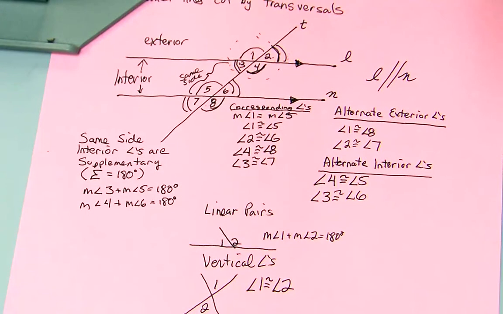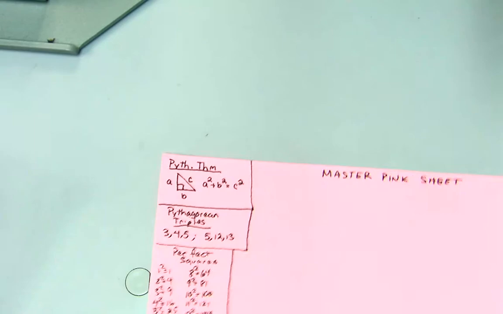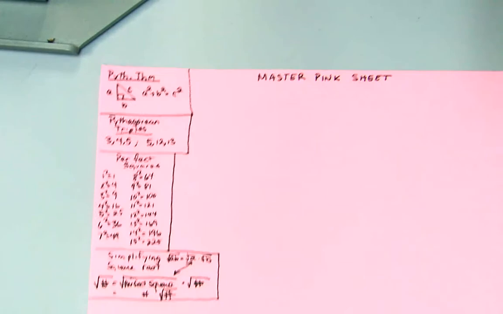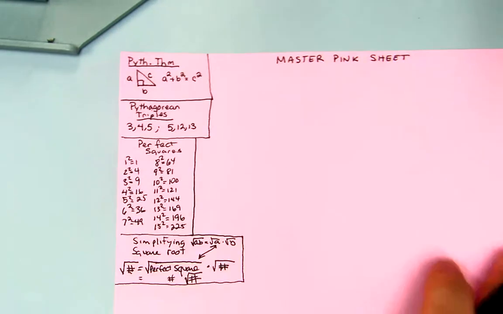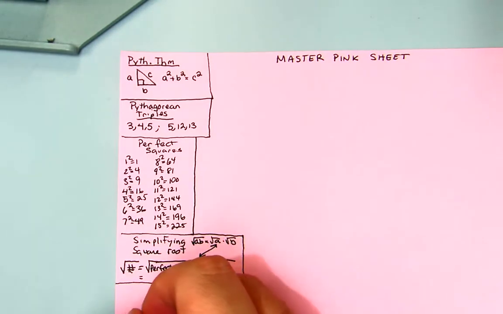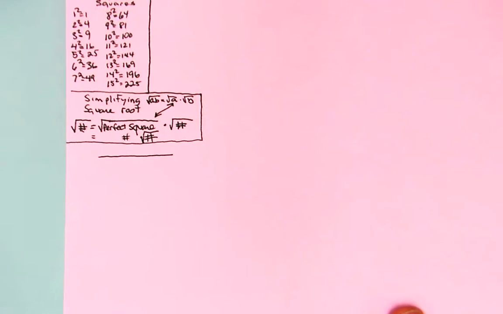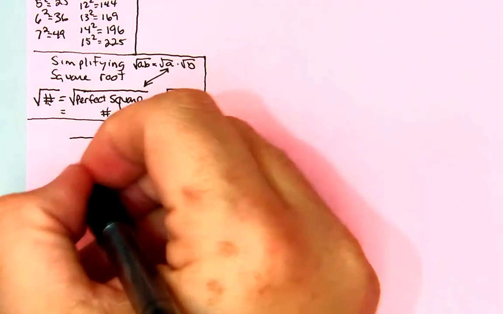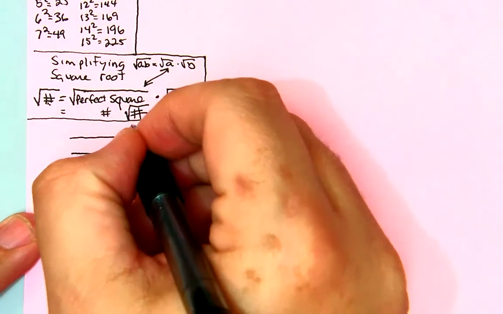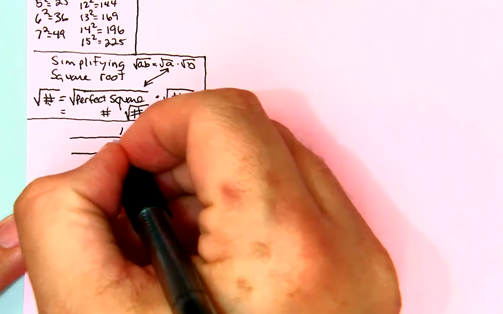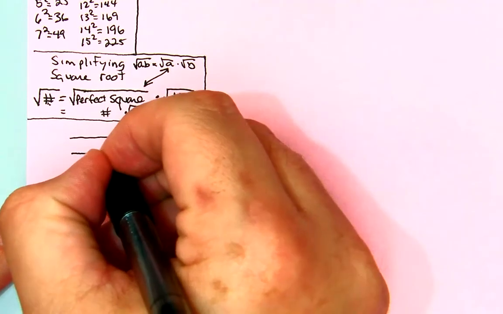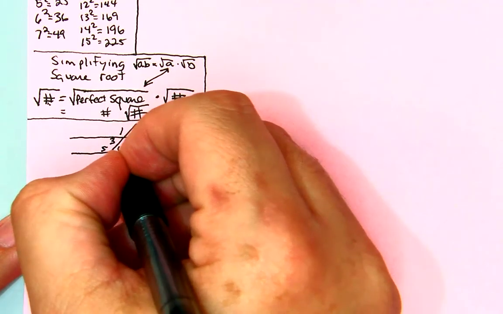Now, on our master, we can draw two parallel lines. Let me move this up a little bit farther and zoom in just a little bit. Draw two parallel lines. I don't want to make it too big. Then label 1, 2, 3, 4, 5, 6, 7, 8. Make sure they're